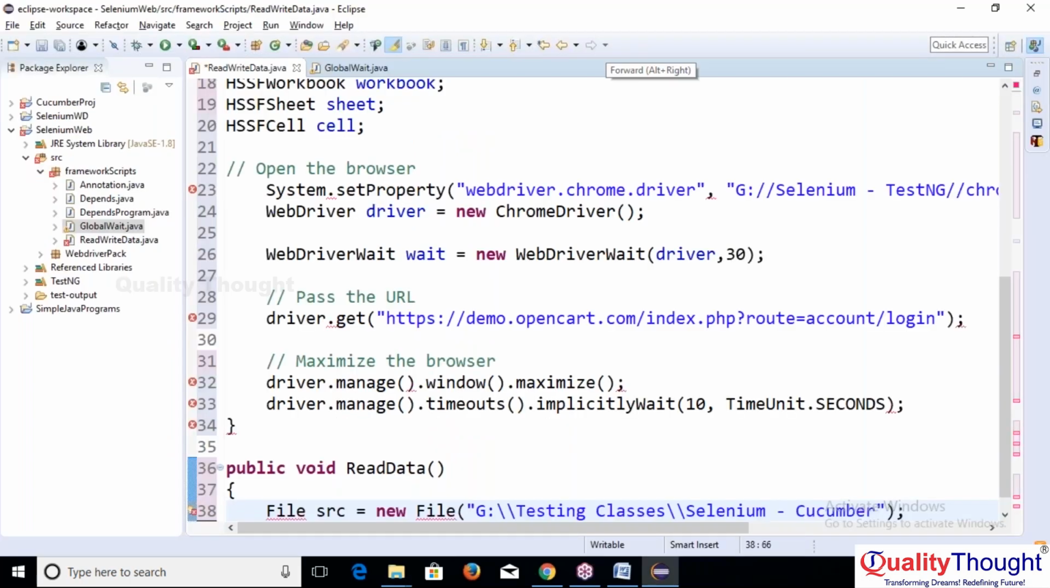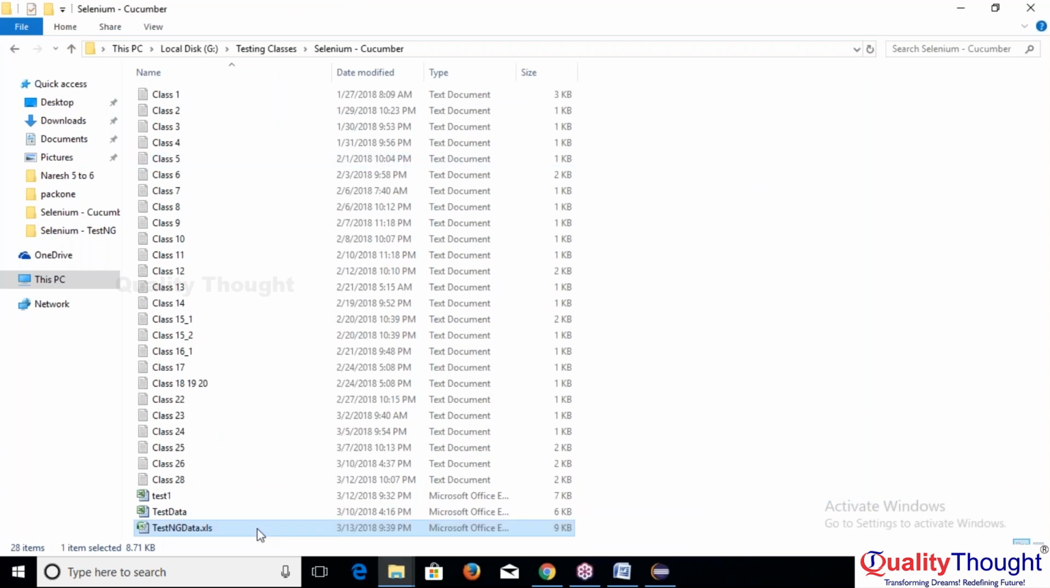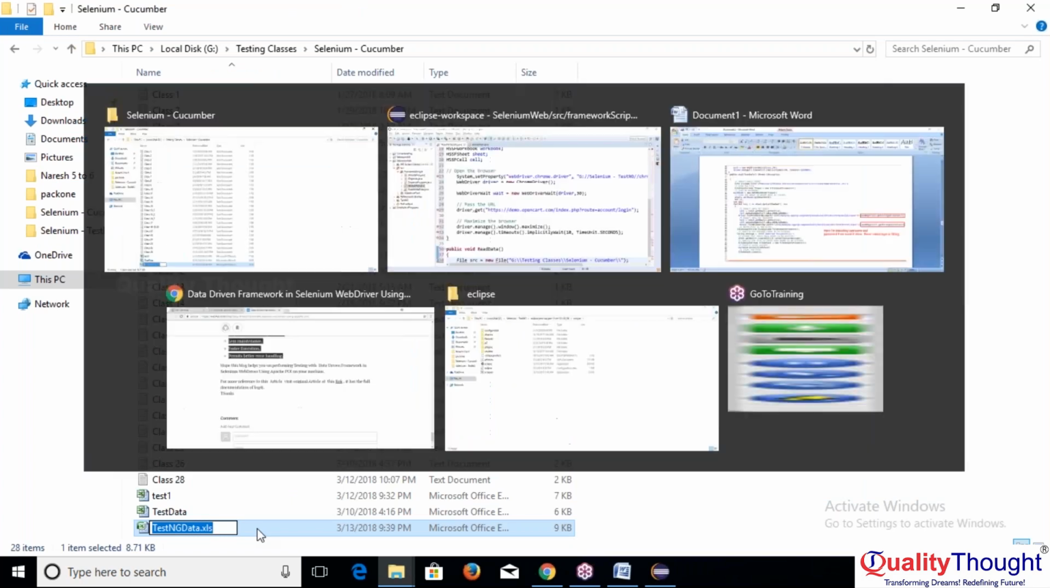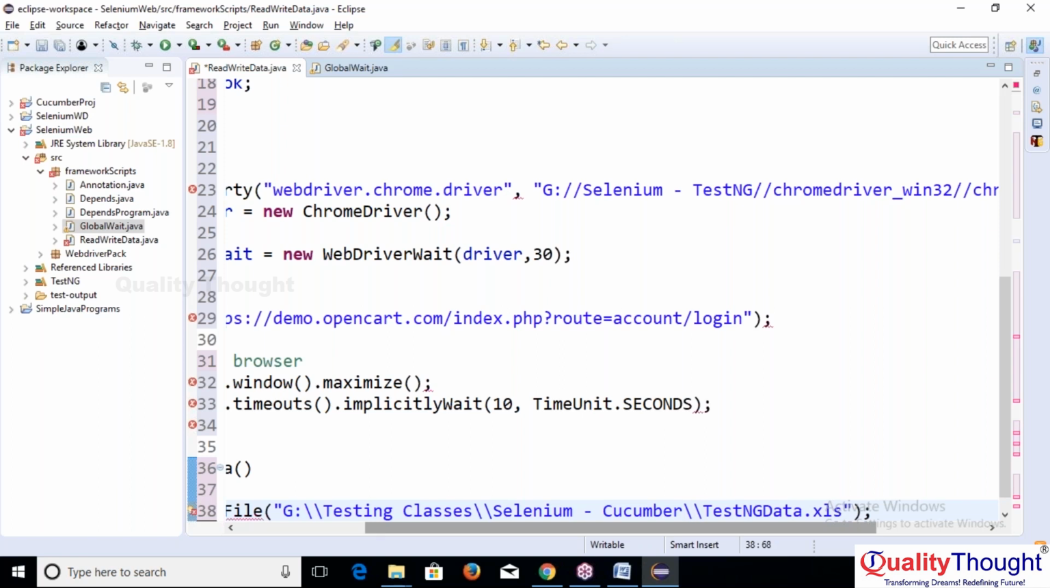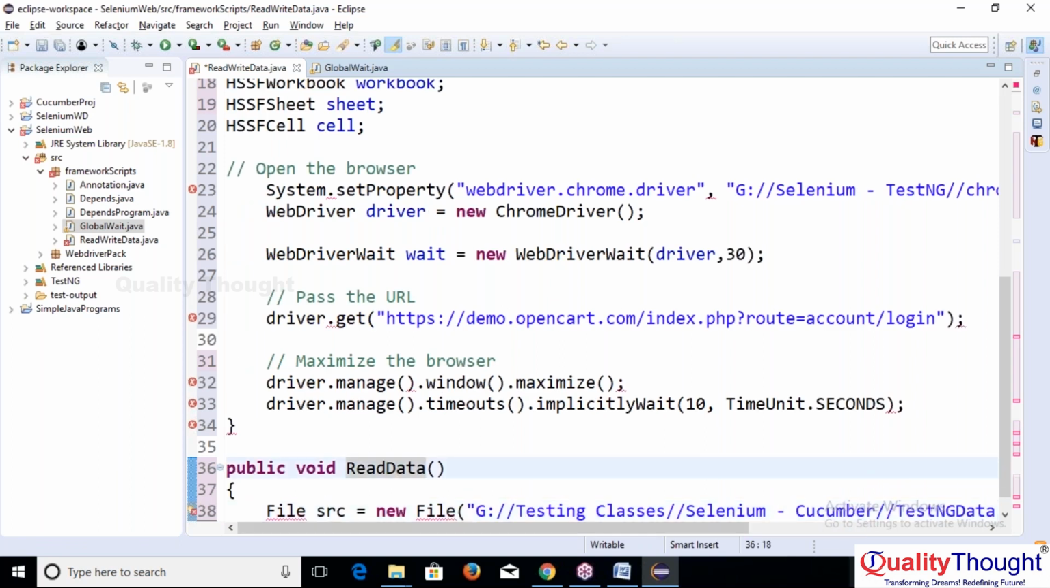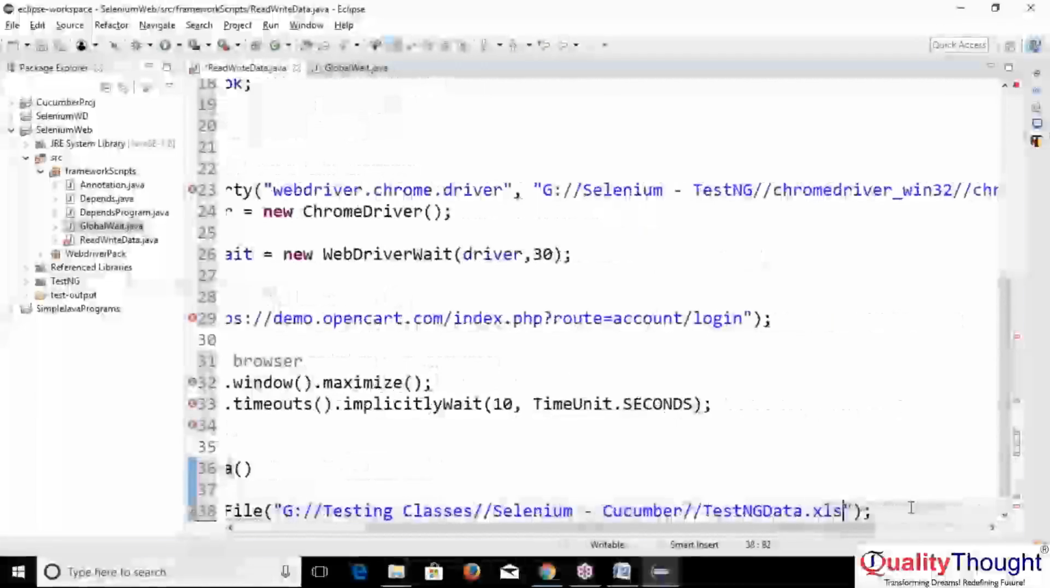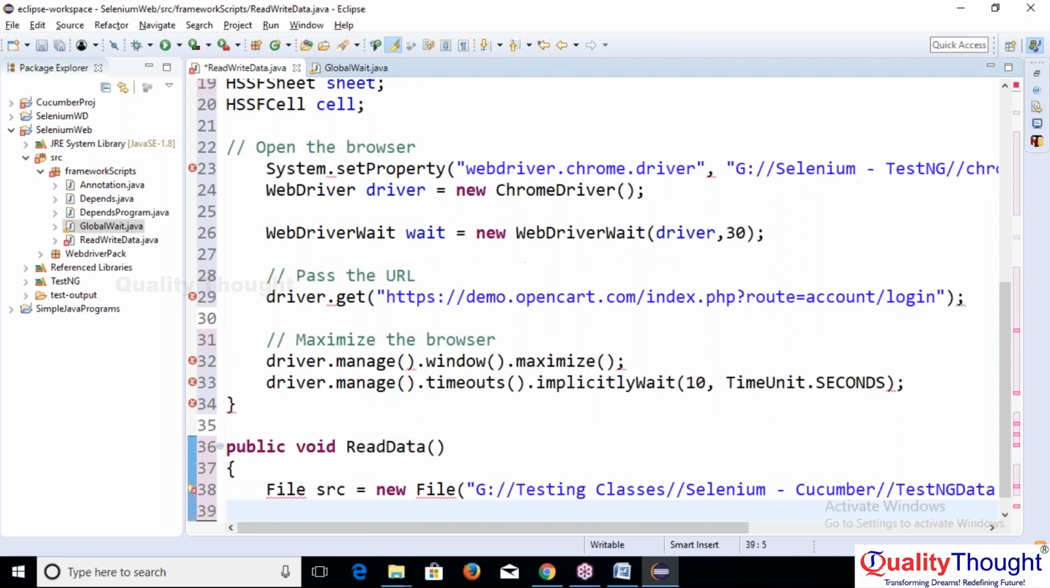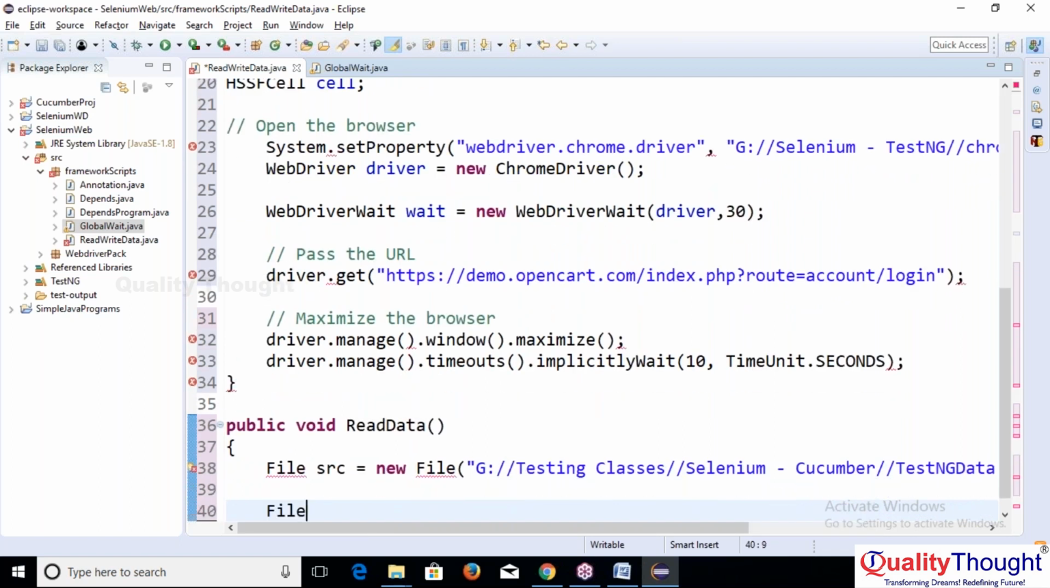Copy this one, and then file name. I'm copying this one. For path we need to have forward slash, and then here also, and then here also. Once we are ready with this file import file concept, then we need to load the file as we discussed